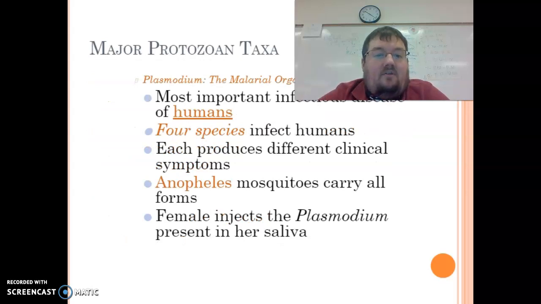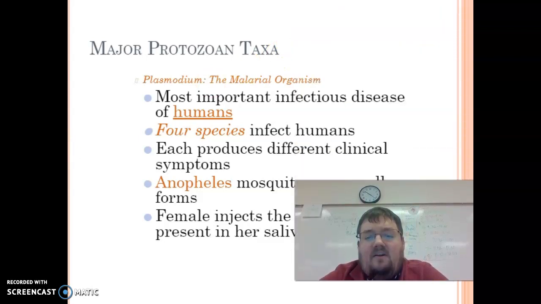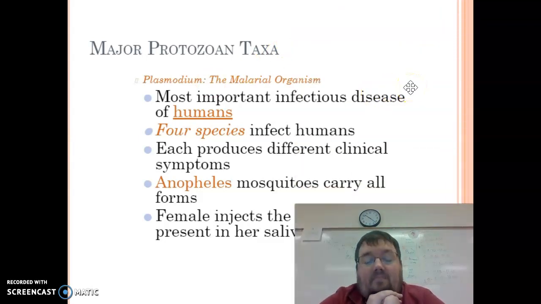Okay, last slide. So another protozoa that you guys are kind of familiar with maybe is Plasmodium. And maybe you're like, well, I've never heard of that before. But Plasmodium is referred to as the malarial organism. So you guys might know that mosquitoes cause malaria, but the reason they do is because mosquitoes carry a protozoa called Plasmodium. So Plasmodium is actually the thing that causes malaria, but it's carried by female mosquitoes. Okay, so this is an important protozoa to study because of the infectious disease. It says there's 4 species of Plasmodium that infect humans.